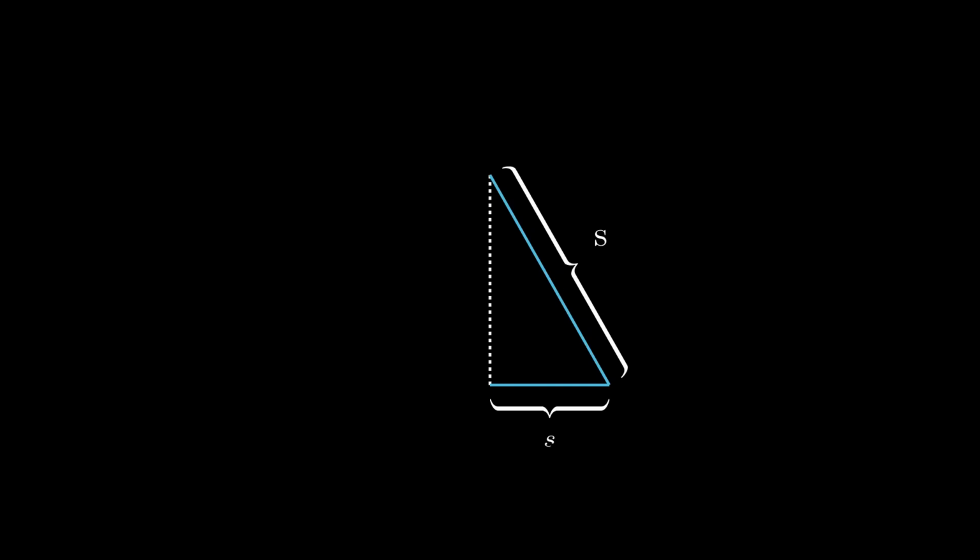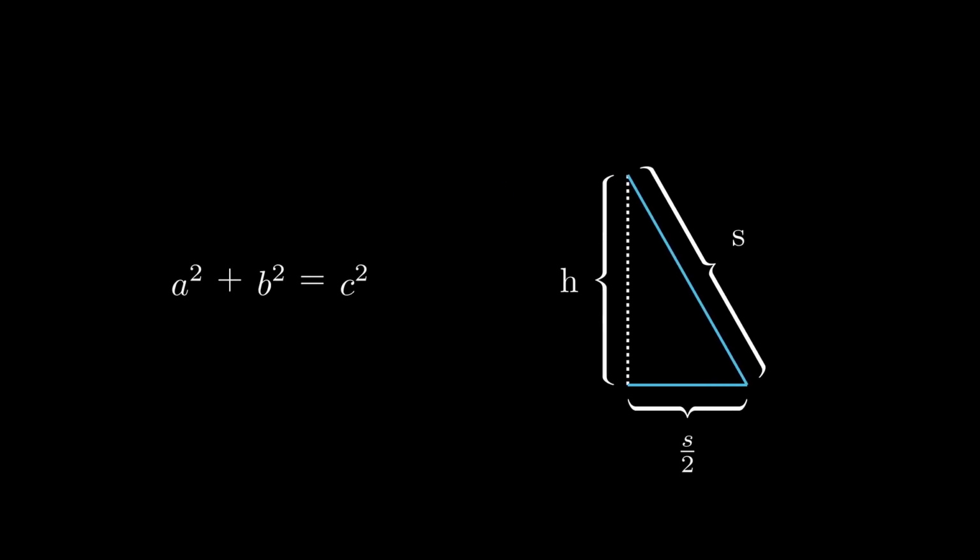Splitting the triangle down the middle turns the equilateral triangle into two right triangles. We can focus on one of them. And now we can use the Pythagorean theorem to find h. In order to use the Pythagorean theorem, we simply need to know what to plug into it. The hypotenuse's length in the theorem is simply the equilateral triangle's side length. We'll call that s. The bottom side of the right triangle is equal to half of s. And the side in the middle of the equilateral triangle is the height, h, which is what we need to